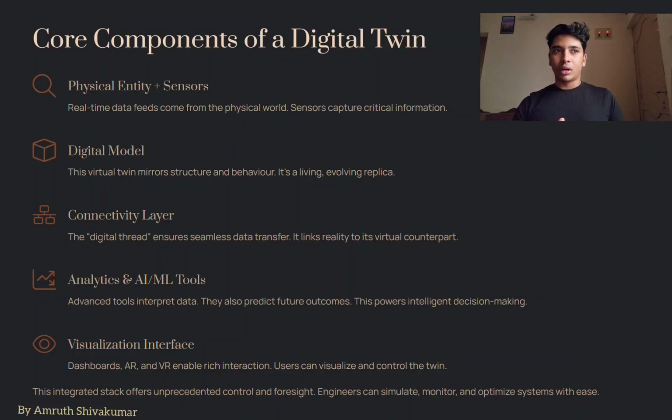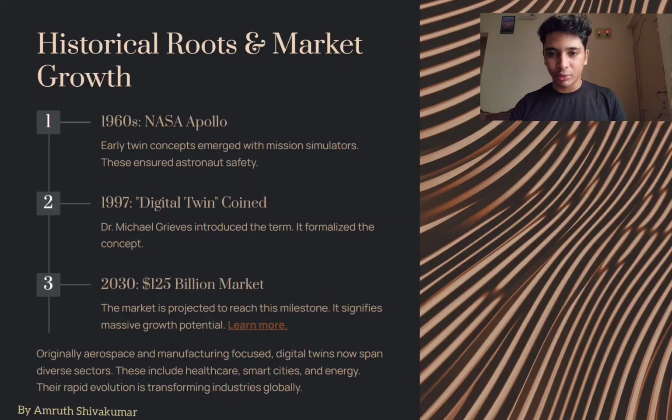Now, I'm sure we all learned about the core components of a digital twin. Now, let's dive deep into the historical roots and the market growth of a digital twin. Coming to the history, the concept of digital twin isn't entirely new. It dates back to the 1960s when NASA used simulation for the Apollo missions. They used to mirror the spacecraft systems on Earth in real time. In 1997, Dr. Michael Grieves formally coined the term digital twin, and it quickly gained traction in aerospace and manufacturing industries. But now we